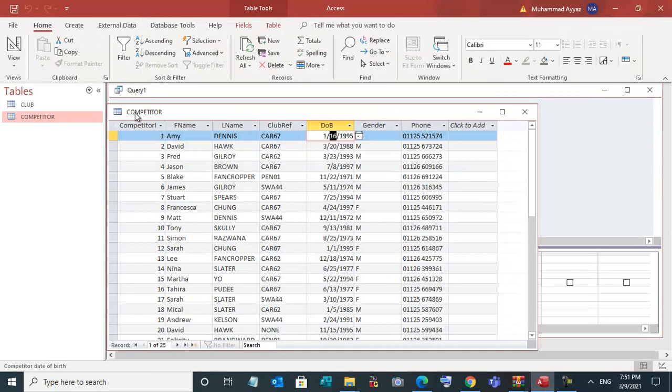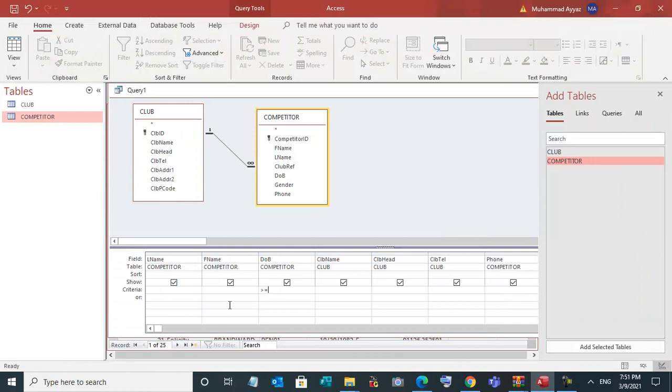Okay, go here, so go in the query, greater than or equal to December 31st 1989, and less than or equal to before 2nd January, so 1st January 1995.